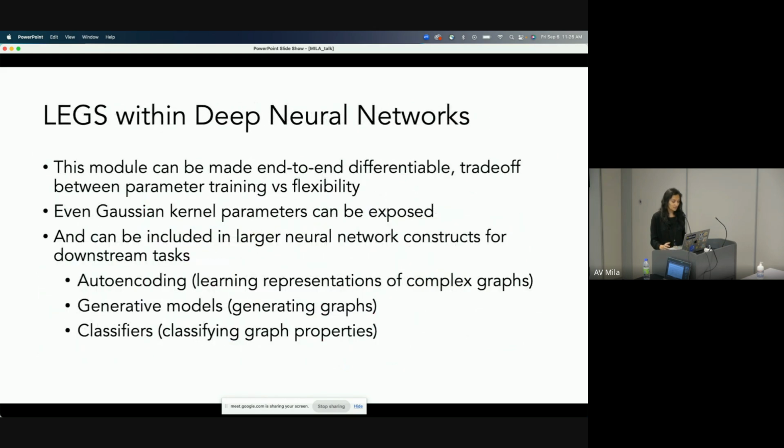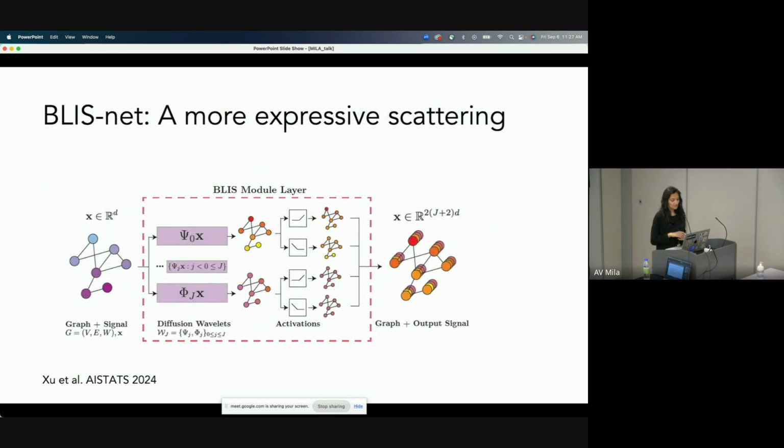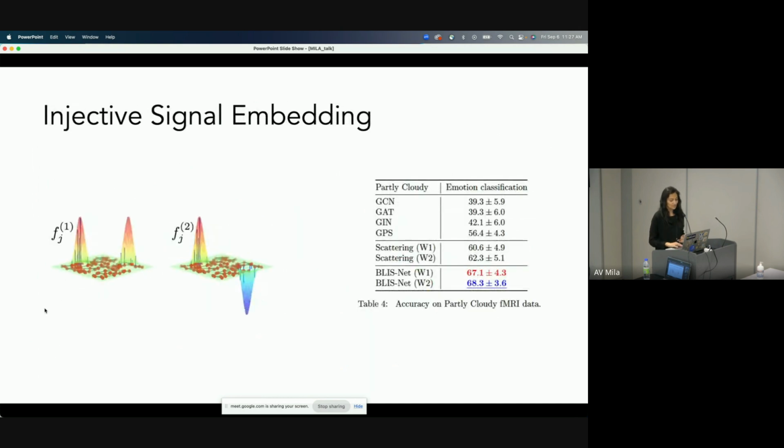We've applied learnable geometric scattering to a wide variety of tasks, mostly biomedical: autoencoding to learn representations of complex graphs, generative models to generate graphs, and classifiers. Recently, we've also been changing the nonlinearity from a modulus to two ReLUs, a positive and a negative ReLU. When we do that, we can prove it's more expressive and very good at capturing differences between signals on graphs. The modulus nonlinearity, for example, can't tell the difference between certain kinds of signals with positives and negatives. This version, called BlissNet, is more distinguishing and more expressive for different signals, particularly neuroscientific